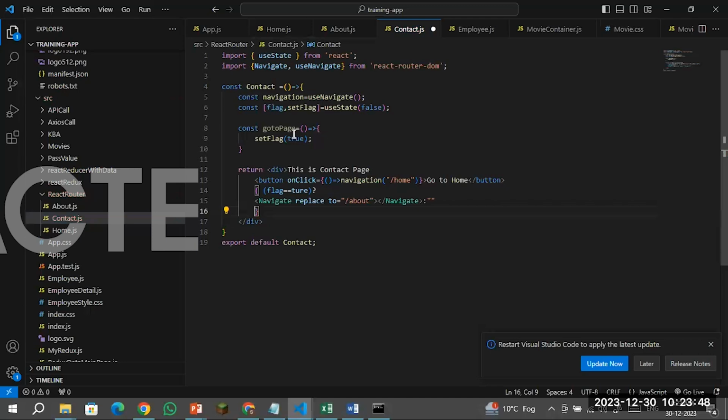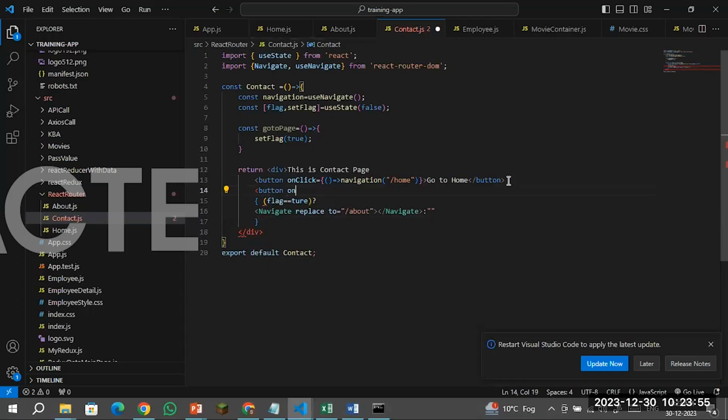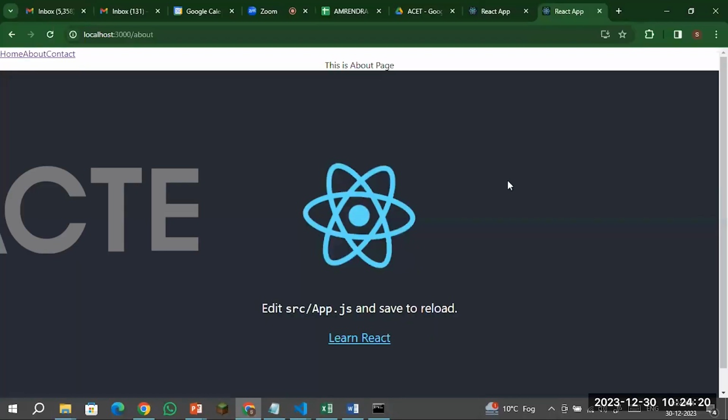Okay. And I'm going to create a button here. One more button, that is on click, go to page, and closing that. Move page to about. Save. And now in this time,